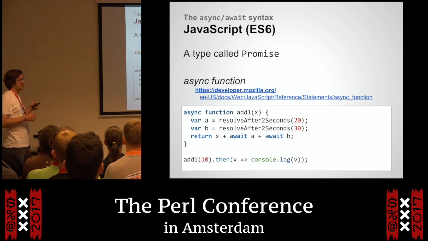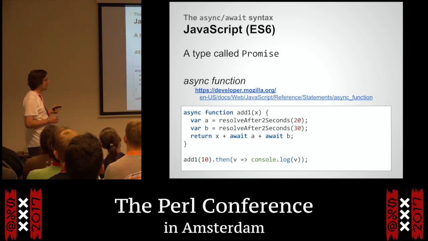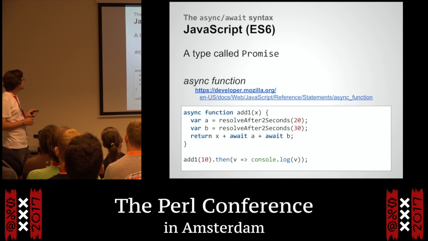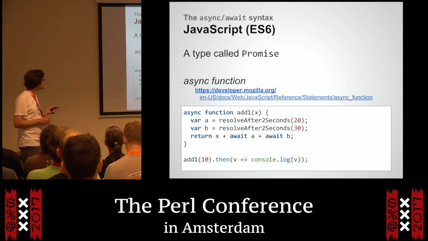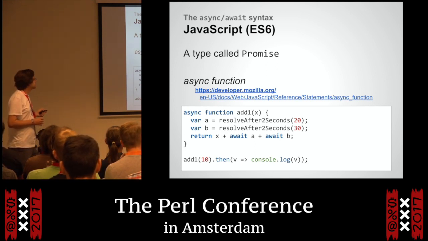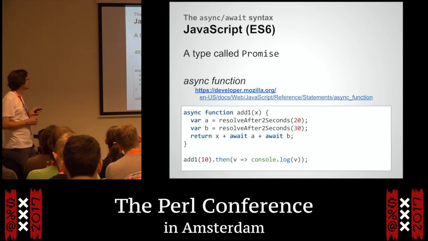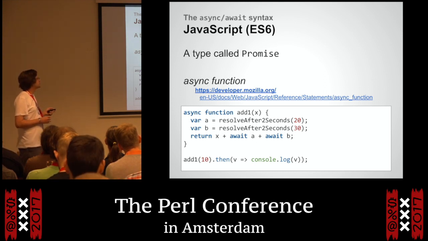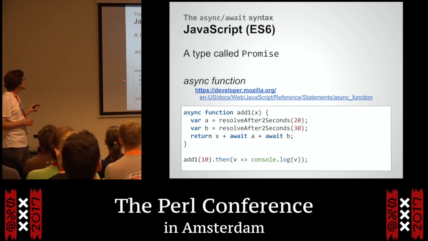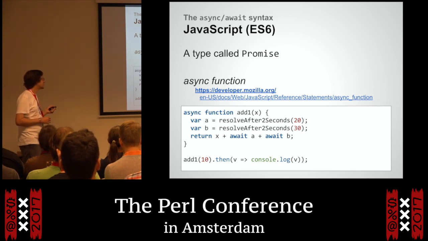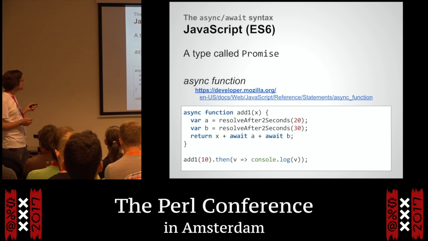Async function, again, exact same as C#, and you have this await expression in the middle that can wait for these results. And this is quite a nice example of some parallelism going on, where you have this function called resolve after 2 seconds, and in their example, they defined it up here, but it was about 8 lines long. I didn't bother to put it on the slide. That is a function that returns a promise that we store in this variable called a, that in 2 seconds' time is going to return the number 20. But of course, this function here just returns a promise, so it returns straight away. So we call this other one, var b equals resolve after 2 seconds 30. Does the same thing, returns immediately a thing that's going to wait and eventually return 30.